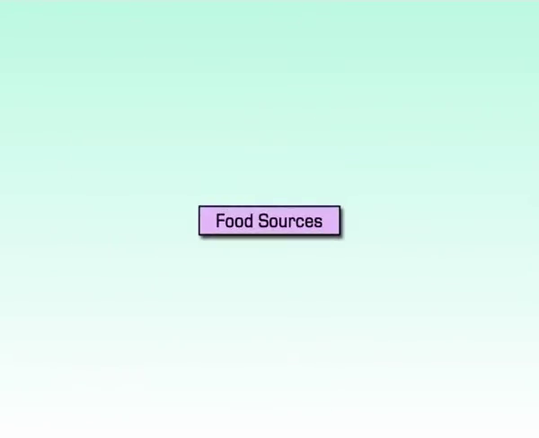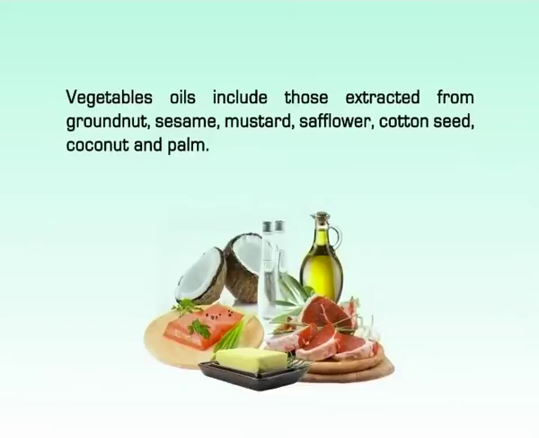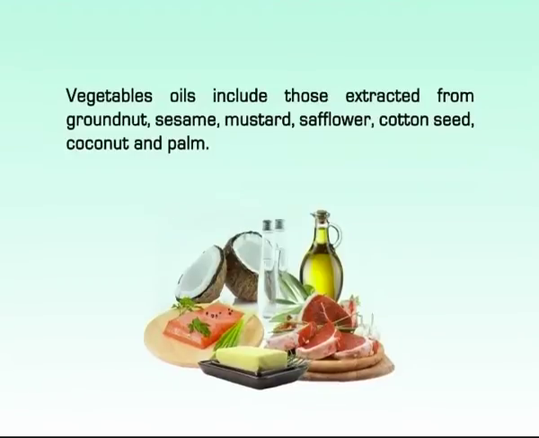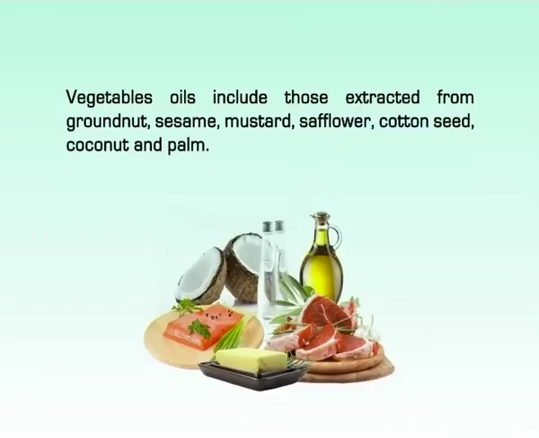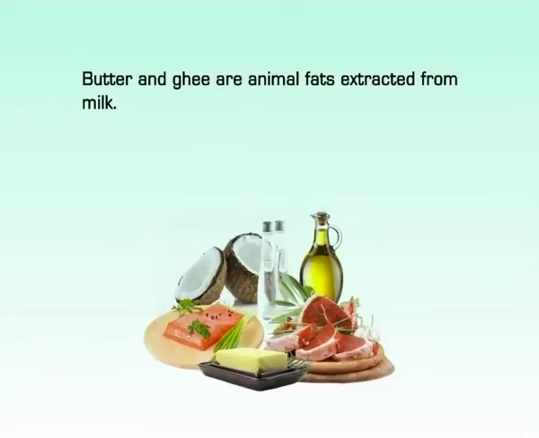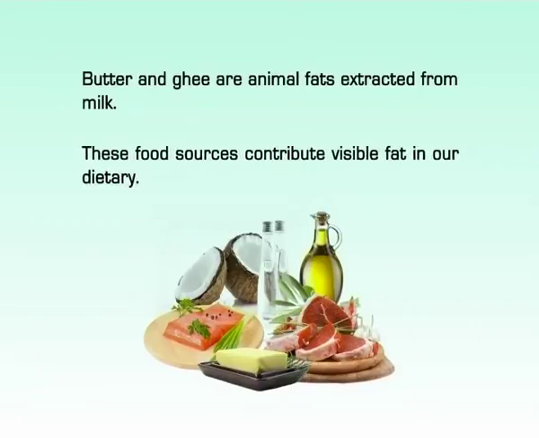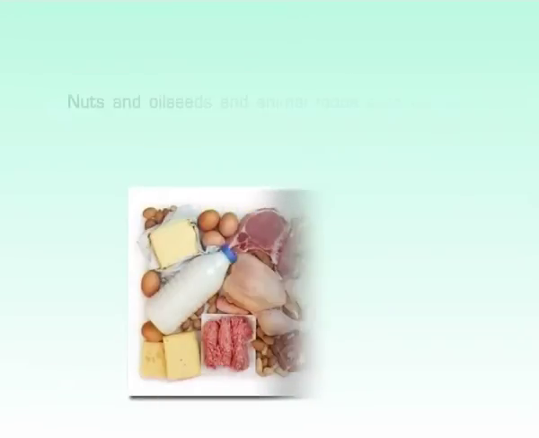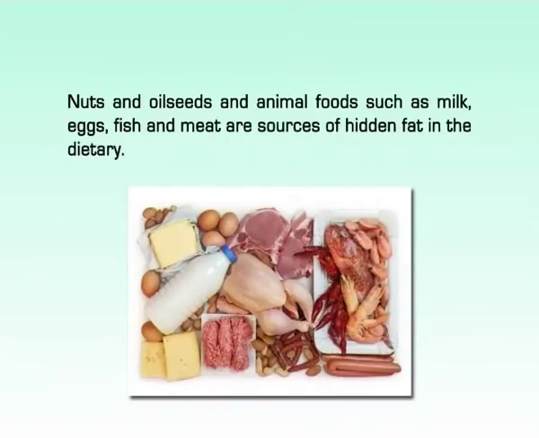And food sources. Vegetable oils include those extracted from groundnut, sesame, mustard, safflower, cottonseed, and coconut, and butter and ghee are animal fats extracted from milk. These food sources contribute visible fat in our diet. Nuts and oilseeds and animal foods such as milk, eggs, fish, and meat are sources of hidden fat in the